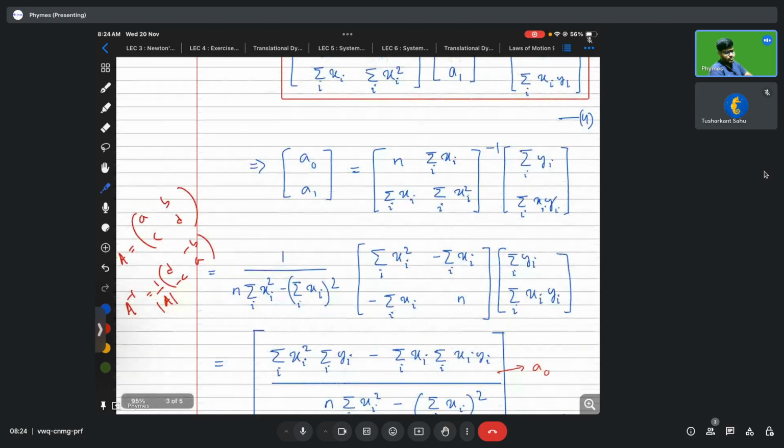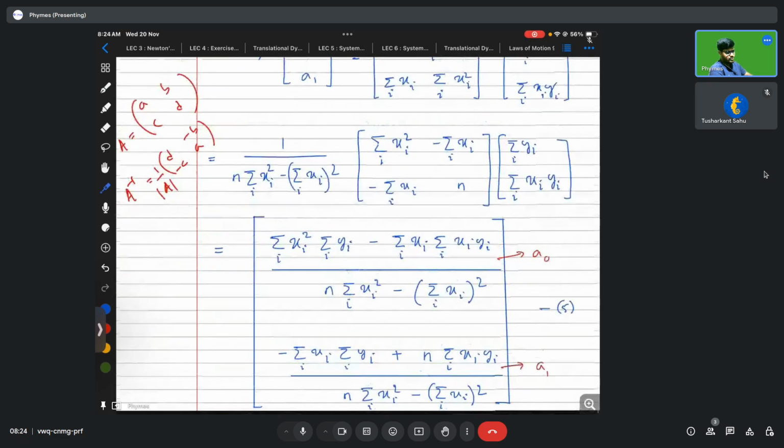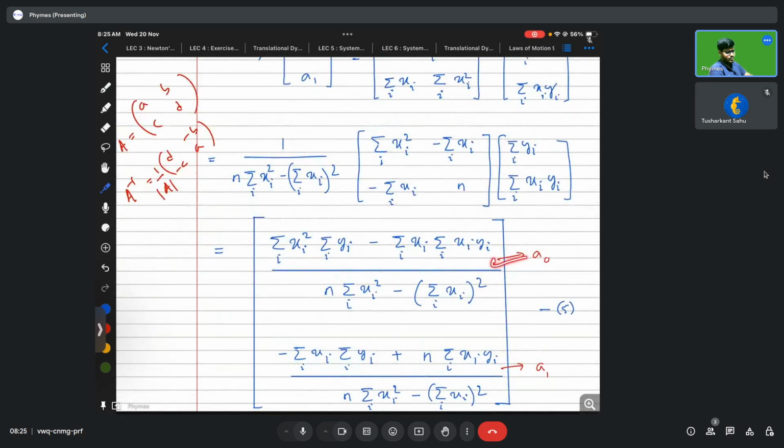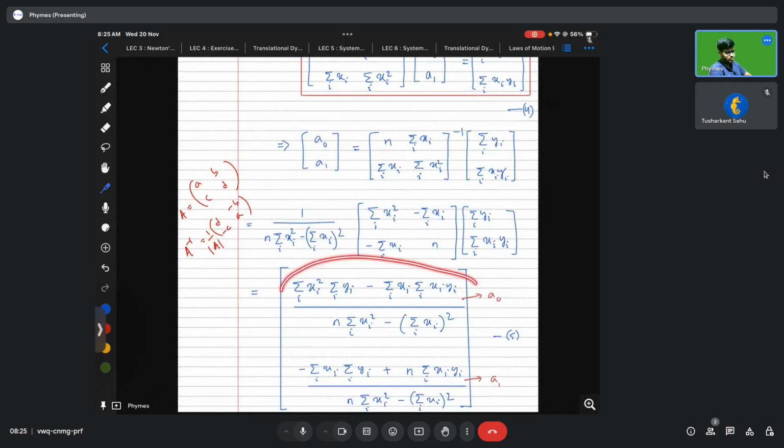And also divide it by their determinant, and then multiply this whole thing with this column vector, and you will get this column vector again, right? And this is the term equal to a0. So we started with a0 and a1 equal to, so this a0 is equal to this quantity here and a1 is equal to this quantity here,